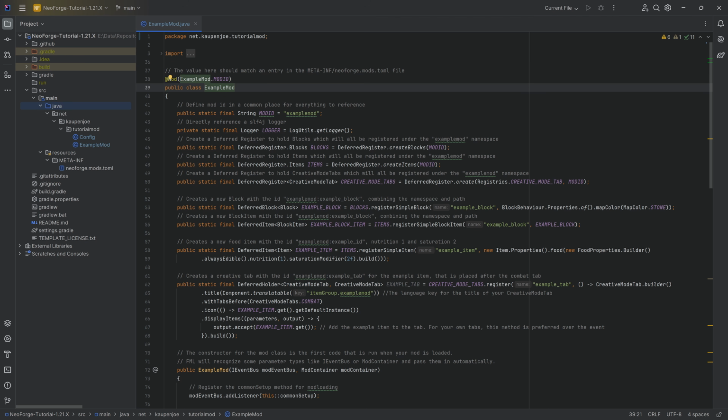Now, it's extremely important you don't just change the name, because you can see, number 1, we're getting some errors. Number 2, red underlines. This is not what you want to do. You want to click on this, press Shift F6, and then once again, start typing. So in this case, we're going to start typing TutorialMod. Notice the way that I've written this. I've written this with an uppercase T and an uppercase M.